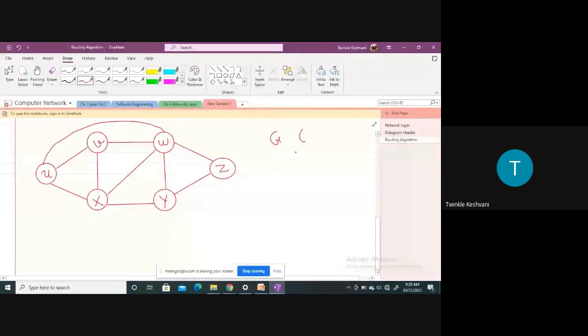First of all, the graph can be represented with the help of two entities. First is we can say the nodes and the edges. You can see here that the nodes are given. Graph can be represented using the two attributes, that is nodes and edges, right. सो यहाँ पे नोड्स कौन कौन सी है, you can easily identify that the nodes here are U, V, W, X, Y and Z. और एजेस यहाँ पे कौन सी है, that is UV,